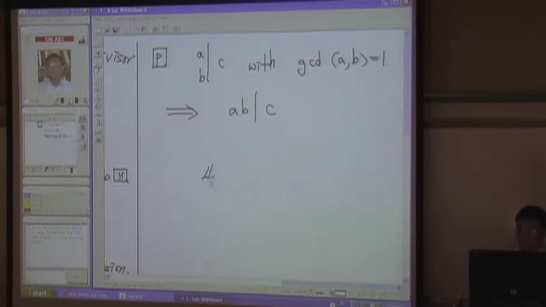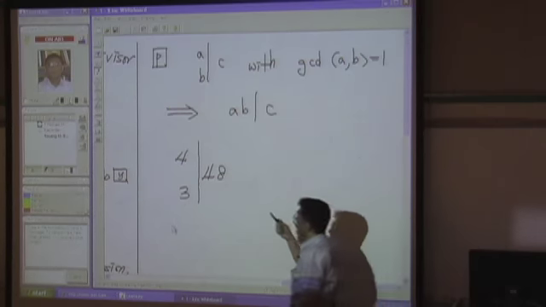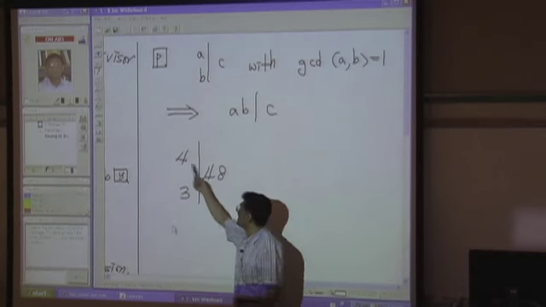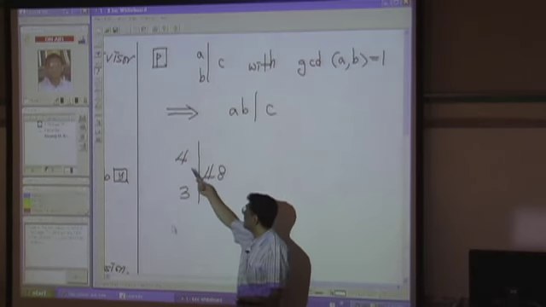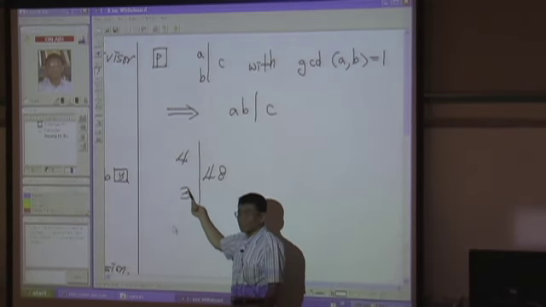48, right? Can you find at least one divisor? 4 divides 48. Can you find some other divisor? 3, right? 3 divides 48. Then 3 times 4, that is 12, divides 48. So when this number divides this number and this number divides this number, but they are relatively prime, then the product